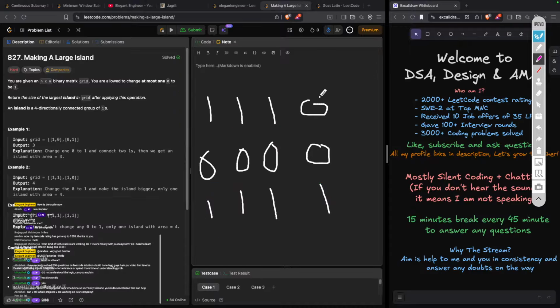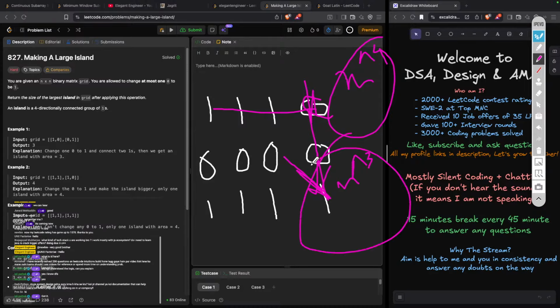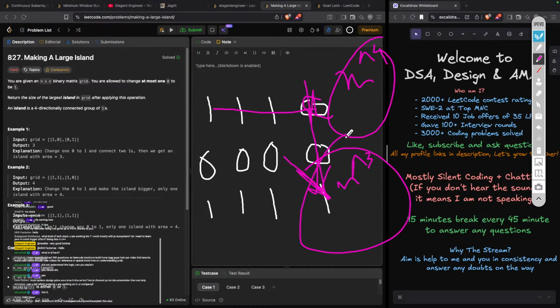The intuitive way is that you make this one and then you do a DFS. That is the intuitive approach, but that would be n raised to power 4. The solution that we just discussed, I think, is n raised to power 3. That is the difference, right?